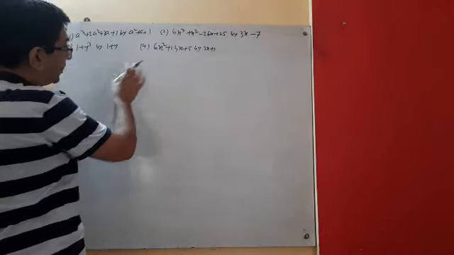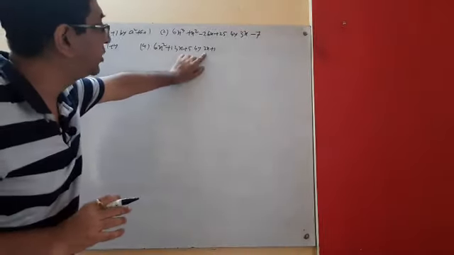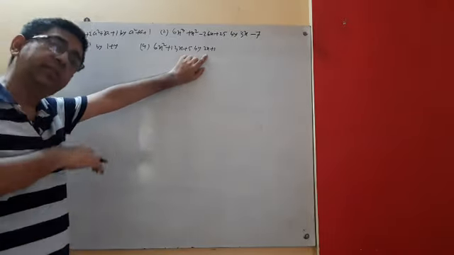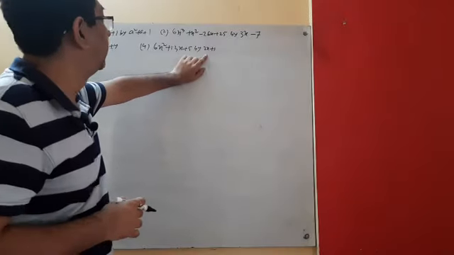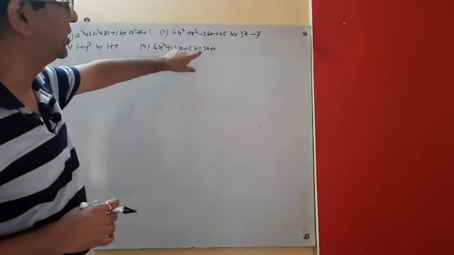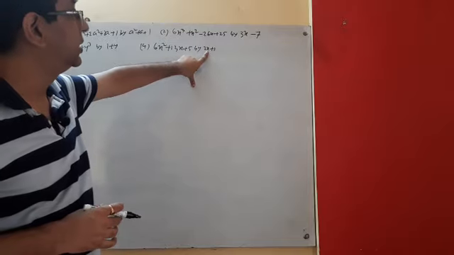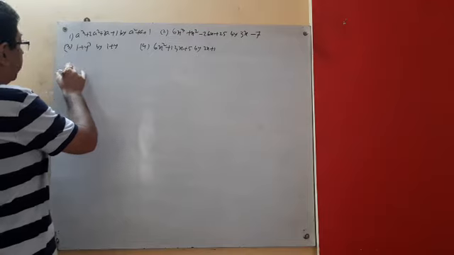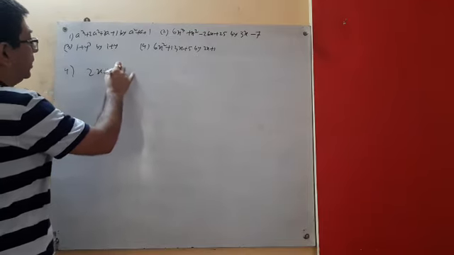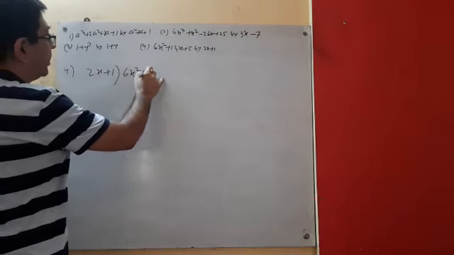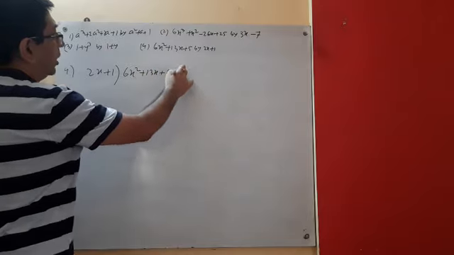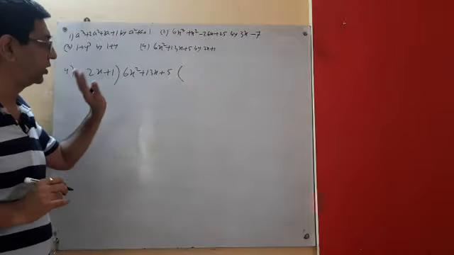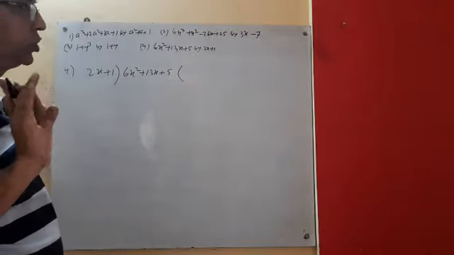Look, this method we cannot apply here because we are dividing by 2x plus 1. If it was only 2x, we could apply the same method which we used in the previous sum. But we cannot apply it because it is different, since we are dividing by 2x plus 1. So what will I do? We follow this step, 2x plus 1. This is a very easy one. At first you see the powers: x square, x to the power 0, that means no power of x. So this is in order. You have to check this one at first.